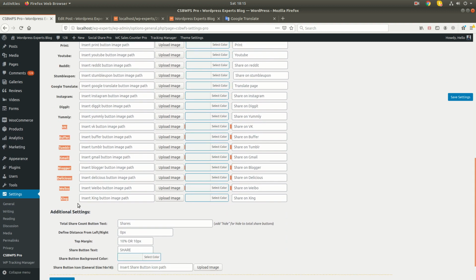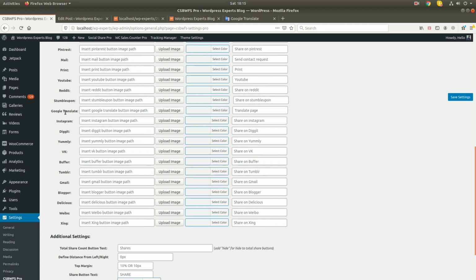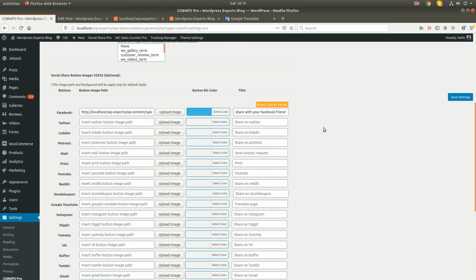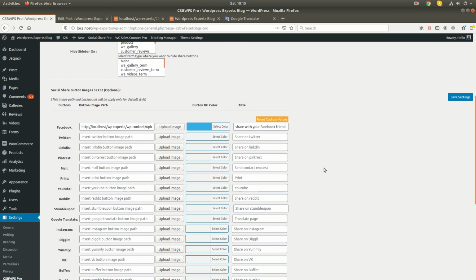So if you want to reset the values of all these buttons, like if you don't want to use your custom ones and you want to use our plugin's default settings, then you don't need to do much, just click on reset value and save.